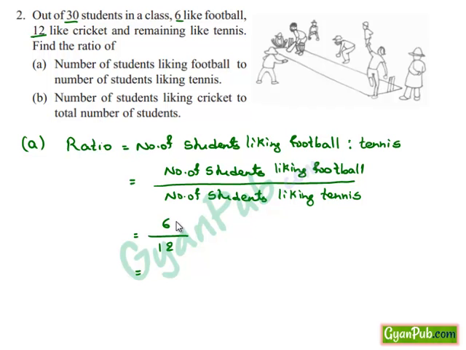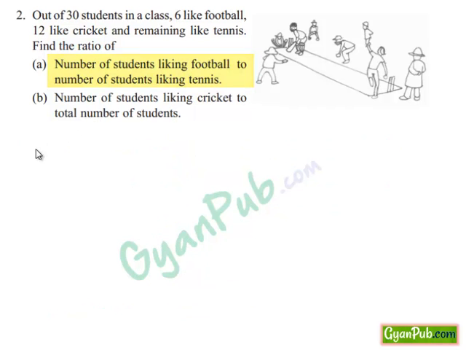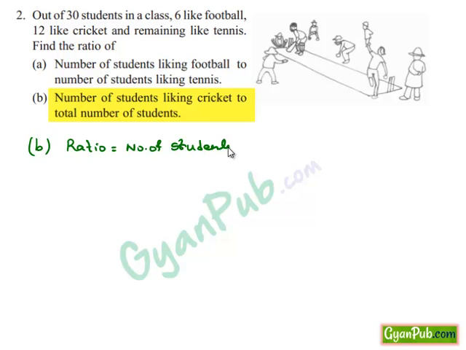And 6 in the numerator goes in 12 of the denominator by 2 times, which gives 1 upon 2. This can also be written as 1:2. Therefore, required ratio is equal to 1:2. And coming on to second bit, we have to find the ratio between number of students liking cricket